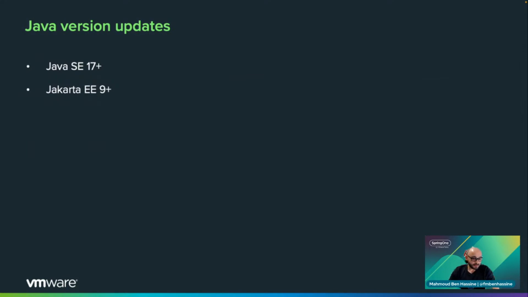So yeah, it was a bit controversial when we announced that we will be using Java 17 as a minimum Java version for Spring Framework, and of course for the entire portfolio following. But I think this is a good choice and the right choice, because if you think about it, with the release cadence of Java from Oracle twice a year,